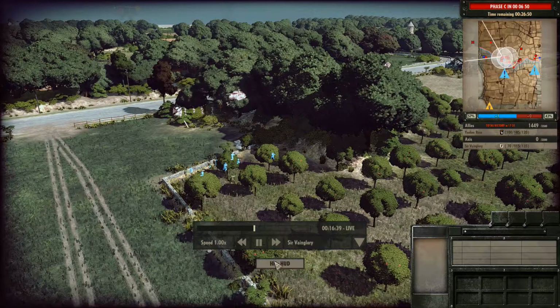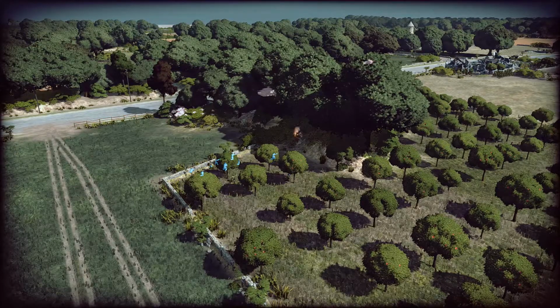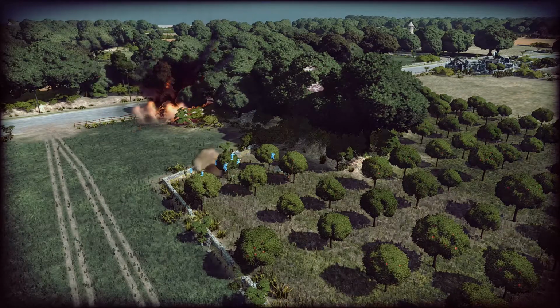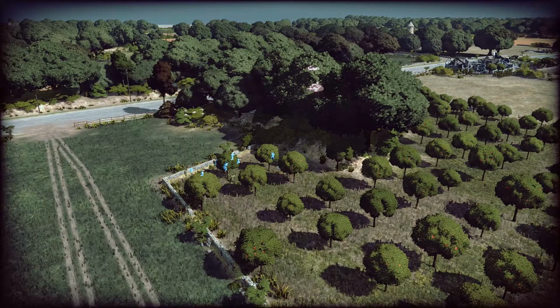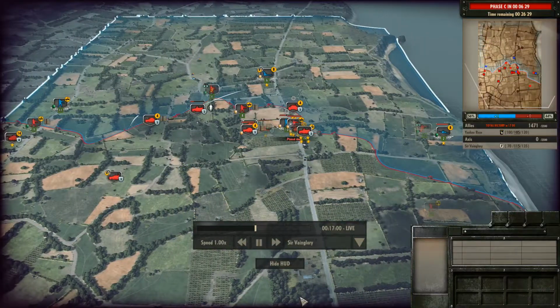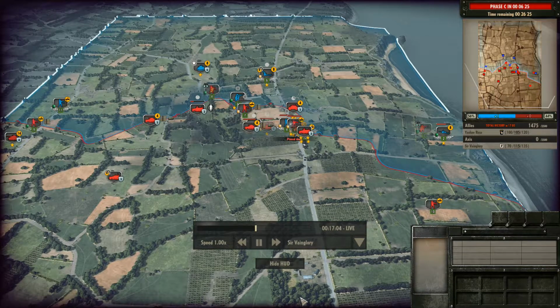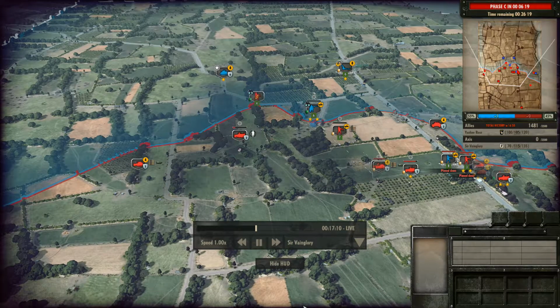So I've now finally managed to get a good weight of force on the main road, and I'm trying to push forward. But there's a squad in here that's able to hold off my infantry, force my Panzer IV to fall back and take out my Panzer II. I think that was another Pathfinder squad that was in there. No, it wasn't actually, just an airborne rifle squad. But there was a